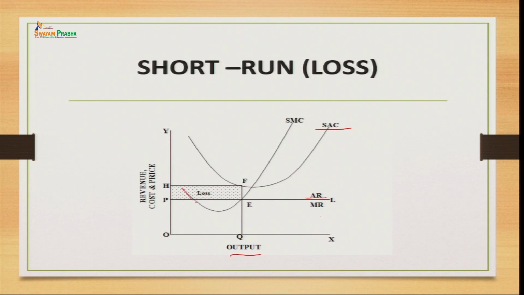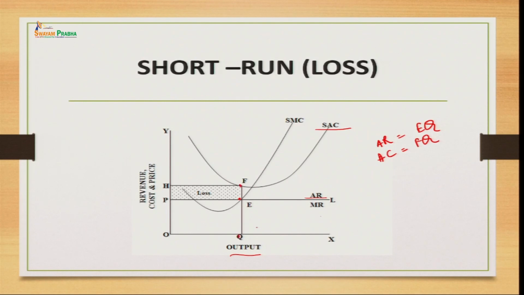And here with the help of the short run marginal cost, we have taken this equilibrium point, again we are denoting it with E for your understanding. So, here the firm will reach up to the equilibrium point where the firm is going to produce OQ output. Now, to produce this OQ output, the average revenue is EQ, right, because this is the average curve. So, this EQ is the average revenue, whereas the average cost of the company is FQ, because this is the average cost curve.